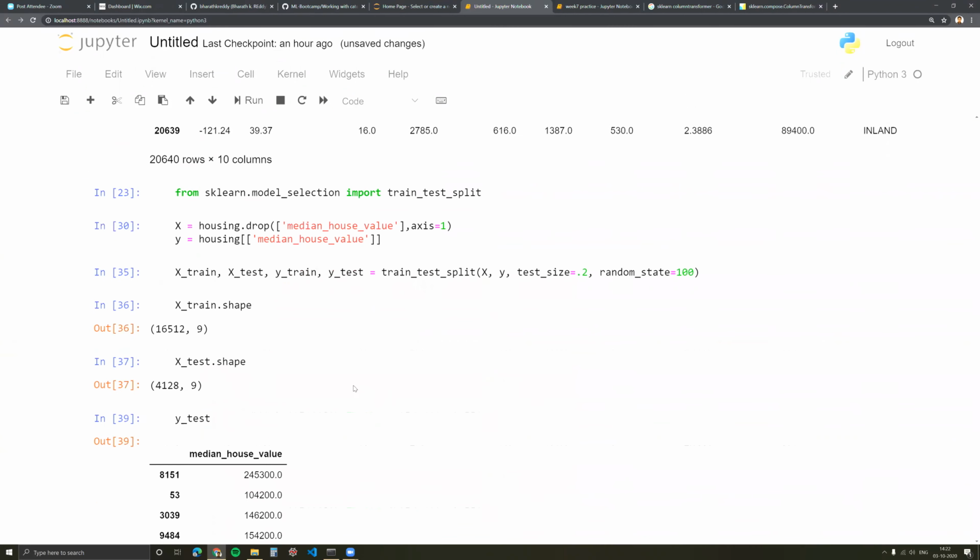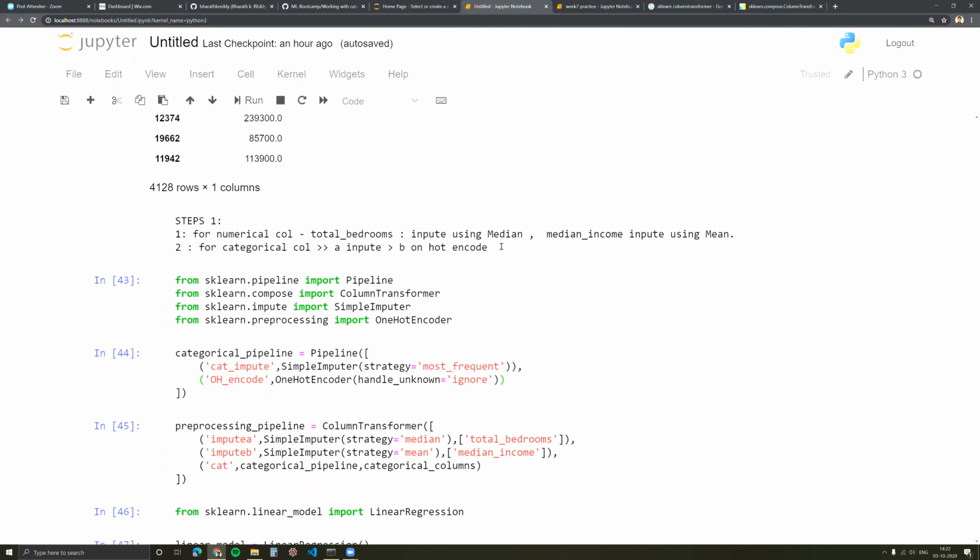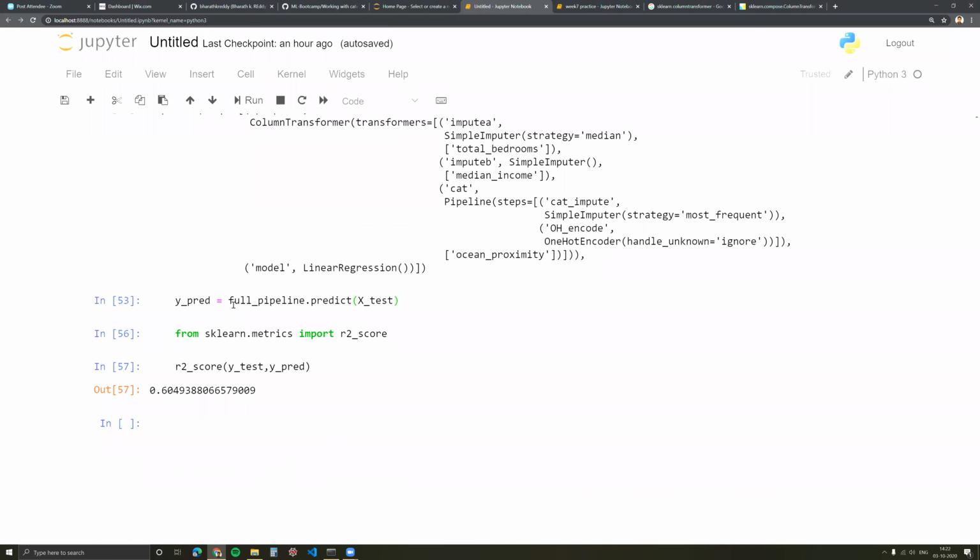Once segregated, do the train test split, and then build a pipeline. Once you build a pipeline, you just fit the pipeline, run the model using .predict, and then do a scoring using this R2 score. This is for linear. If I use logistic, I would have used an accuracy score or precision or recall or all three.